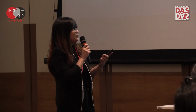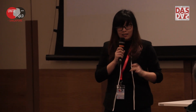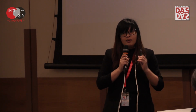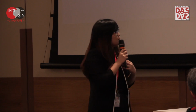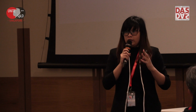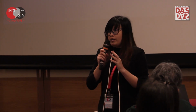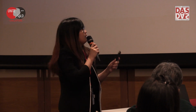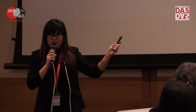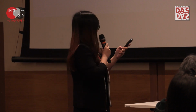So let's take a look at the speed bump again. We slow down so that we don't damage our car. And when we see one, it's for ourselves, right? But actually, what is the purpose of the speed bump? It's not only to slow down the car. It's also to keep pedestrians safe. The purpose of slowing down your car is so that you don't run into people when you're driving at high speed. And in fact, when you drive at high speed over the speed bump, you're going to damage your car real bad. So likewise,